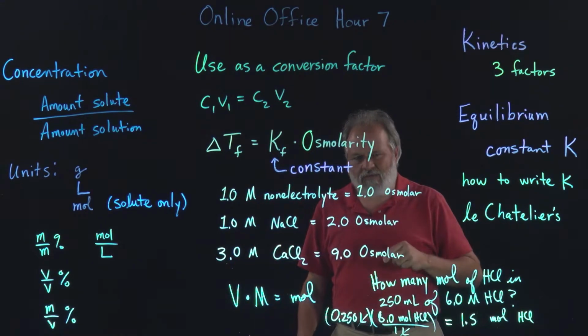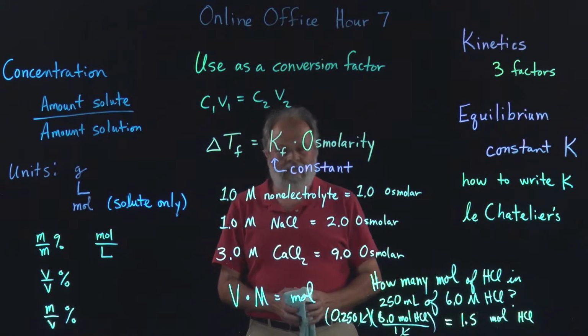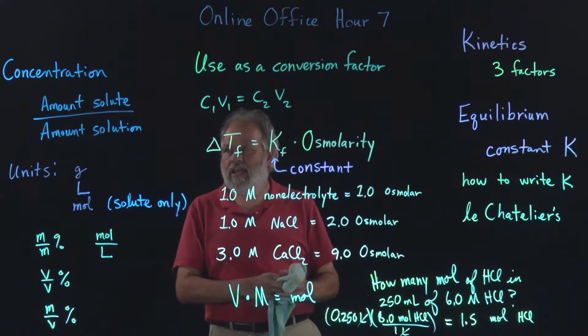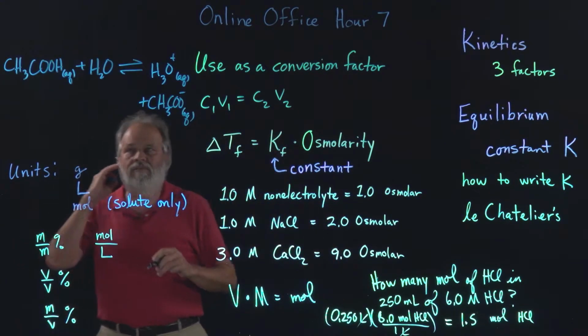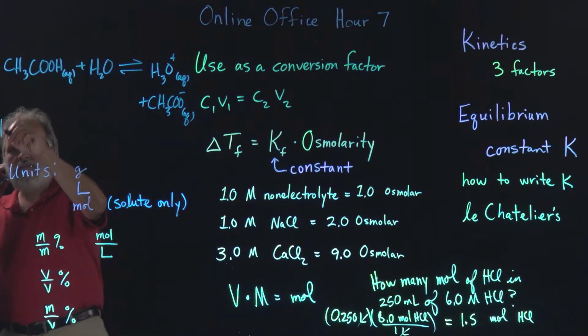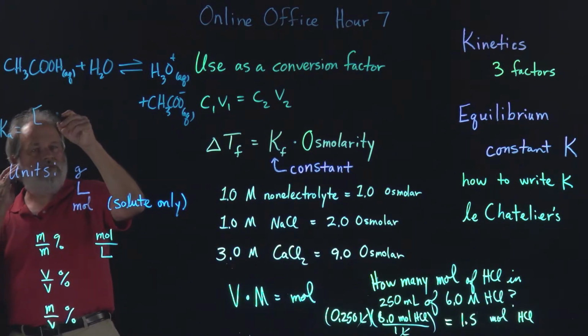The other thing you have to remember is the only thing that appears in an equilibrium constant is the things that can change concentration. Okay, so I've got two reactants, two products. The equilibrium constant for this is the product's concentration, which is denoted in the square bracket,